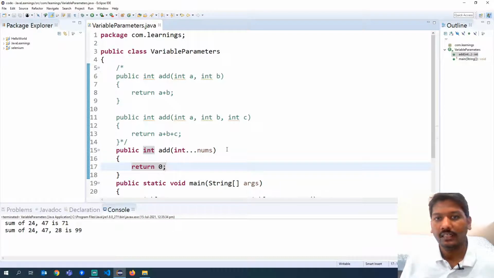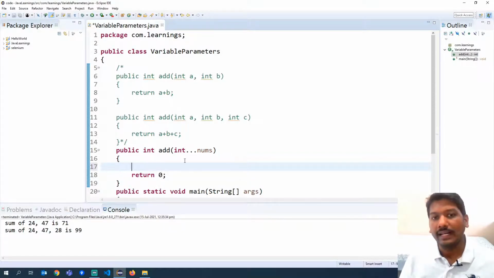So what I did here, I have used something called three dots. Just after the data type int, I have put three dots and then I've given a variable name. So this is how you can declare a method which will take any number of input parameters of type integer in this particular instance. Similarly, you can do it for any other data types. Now we will see how we can access these any number of inputs that are coming from the calling method, and then we will add up all those numbers and return them.